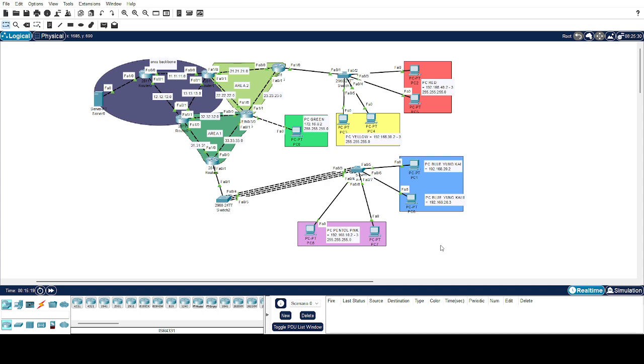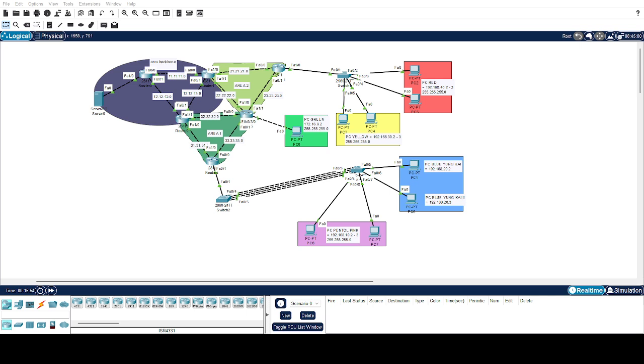The blue zone is PC Yungkais, and the pink zone is PC Pentol, and the green is PC to connect to the router. Each PC is connected to a switch, and then the switch connects to a router. Every group has different subnets which help organize traffic and control broadcast domains.